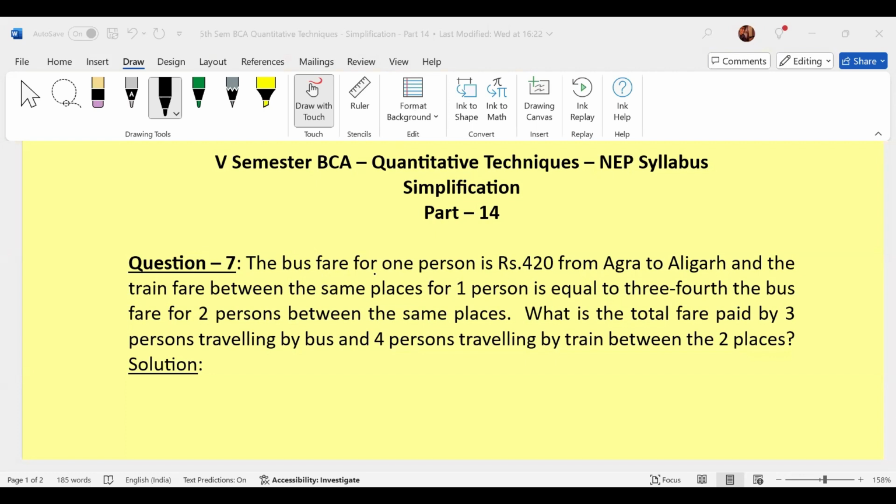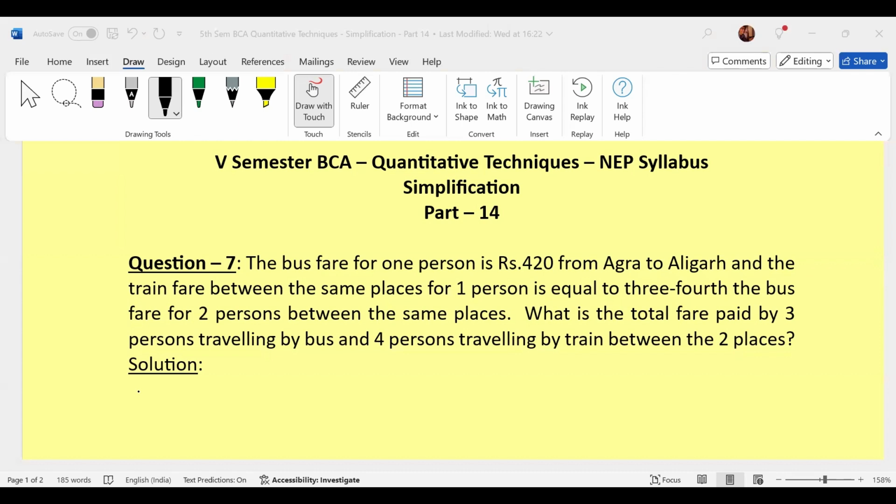The bus fare for one person is rupees 420 from Agra to Aligarh, and the train fare between the same places for one person is equal to 3/4 the bus fare for two persons between the same places. What is the total fare paid by three persons traveling by bus and four persons traveling by train between the two places? So the way they give us,